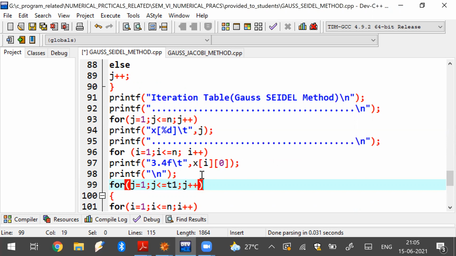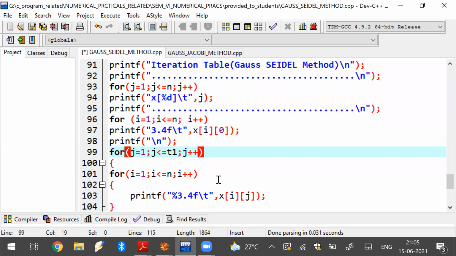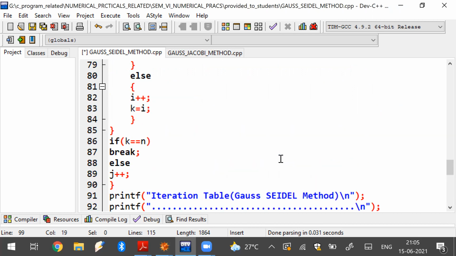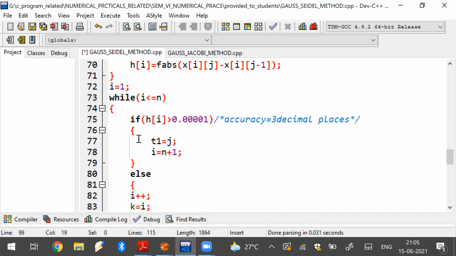Then you give a one line gap. Then for the next onwards, I will give the j-th step iteration for each variable. So j runs up to t1. Recall, t1 was storing the iteration step number up to which there was the accuracy problem. So it will run up to t1.